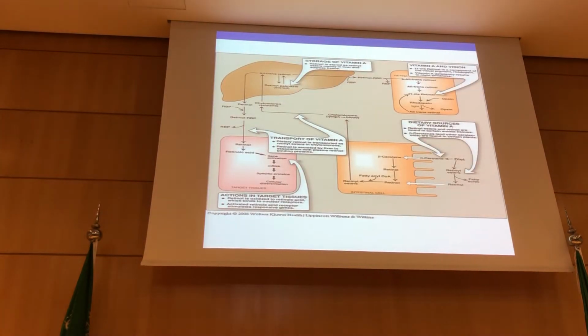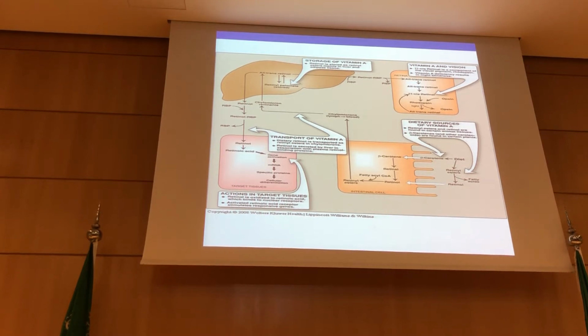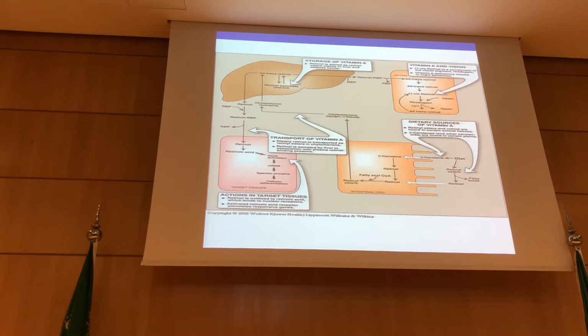So let's explain here the metabolism of vitamin A, what's happening. It's not as complicated as you think. Please just listen, we're repeating what we just said, but in the form of a metabolic pathway. So, how can we obtain vitamin A? Do we synthesize it? No.